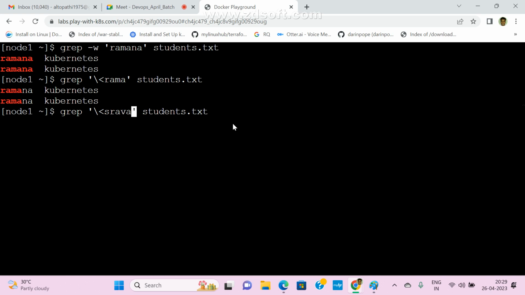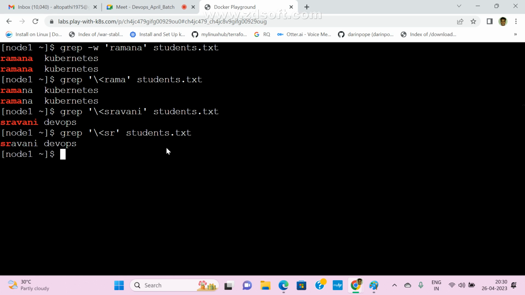Sravani is already there, right? Now check it. The first word should start with these characters. I want only two letters, starts with SR only. The remaining characters can be anything, automatically it will find it.